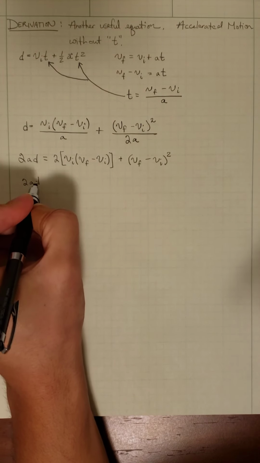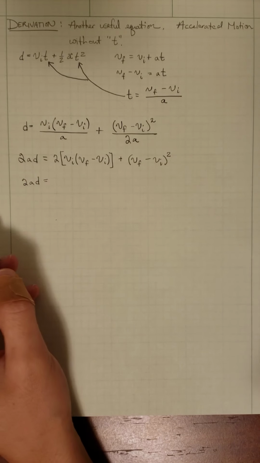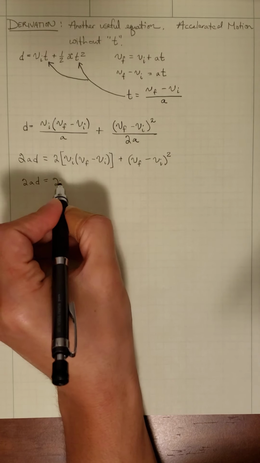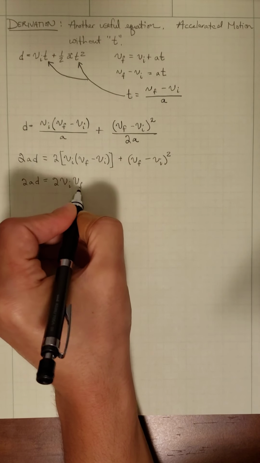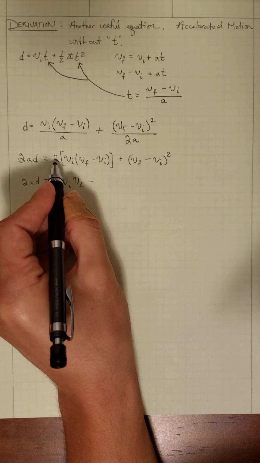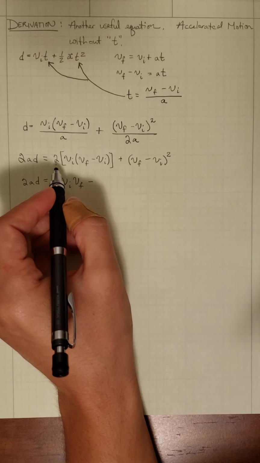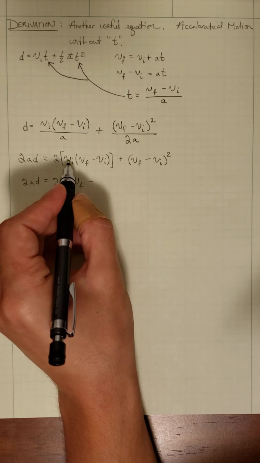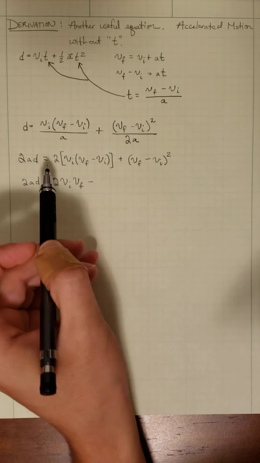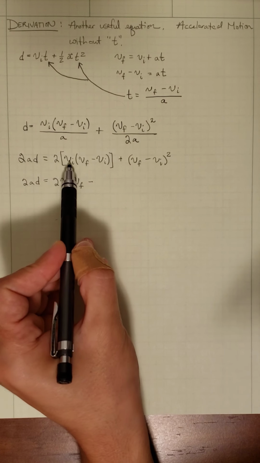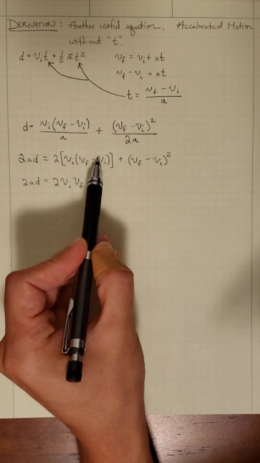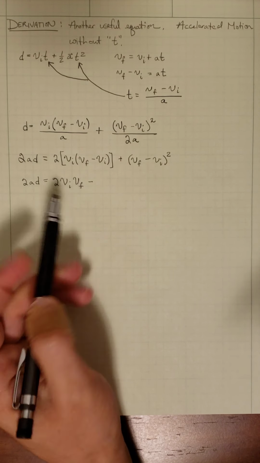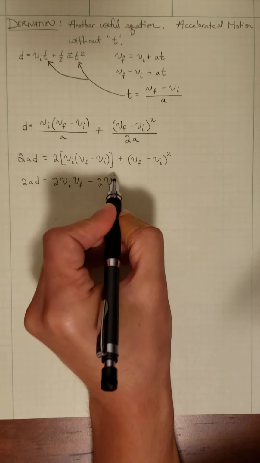We get 2ad equals, now I can distribute this to get 2 vi vf minus 2 vi squared. Can you see that? If we distribute this in, we get vi vf minus vi vi, which is vi squared, and I'm multiplying each of those by 2. So it's 2 vi vf minus 2 vi squared